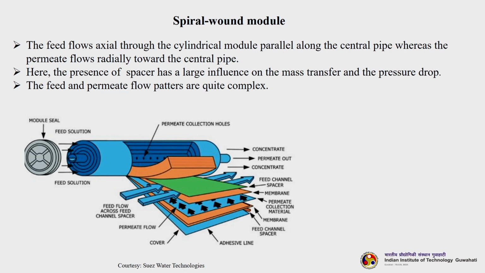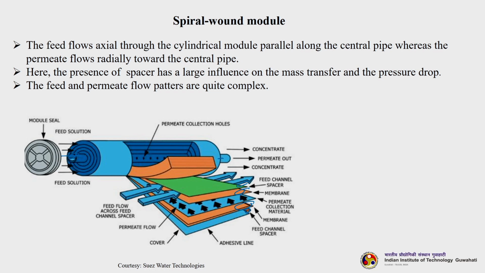So, let us now see how it looks. You can see this particular figure. There is a tube here. You can imagine that many membrane materials are here. This is the membrane, and this is the feed spacer. Then there is another membrane here, and another spacer here. So, a feed spacer, a membrane, a permeate spacer, another membrane. They are all glued together and rolled on a particular tube, which may be this perforated tube, of course, and this is how it is being prepared.